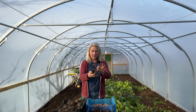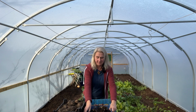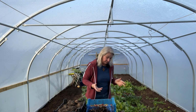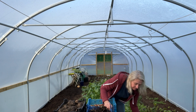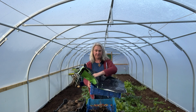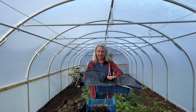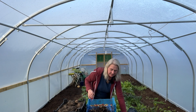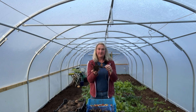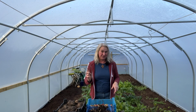Meanwhile, I've got here the crowns, and this is what the tubers grew from. I have a whole box of them here. And with these, I'll be storing them in compost for the winter, just slightly damp. I'm going to line a plastic crate with some polythene from a compost bag with some holes in, fill that with slightly damp compost, put the crowns in, and bury them, and put this somewhere cool and dark and away from rodents and frost free